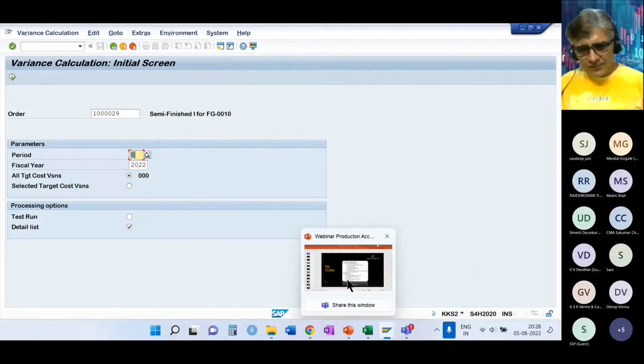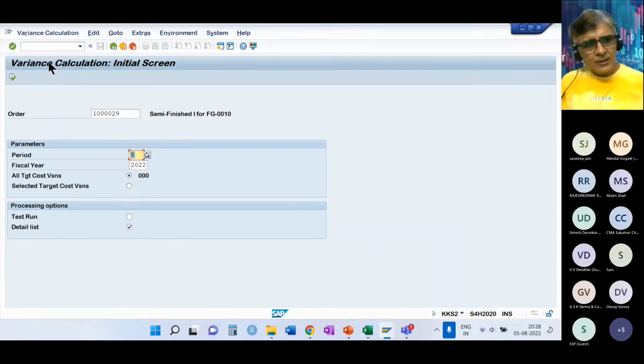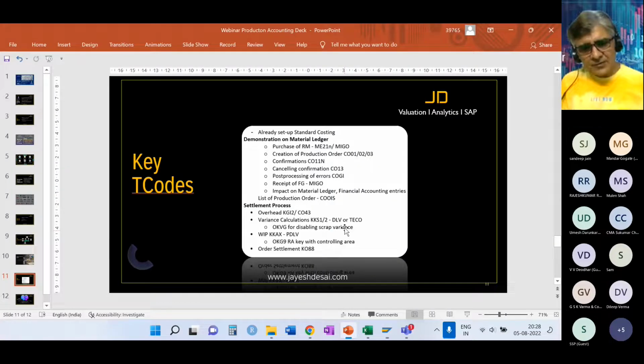So go to the next step, which is the order settlement. Remember, all these steps shown here in the settlement process take place at the end of the month, usually in the next month for the current period.